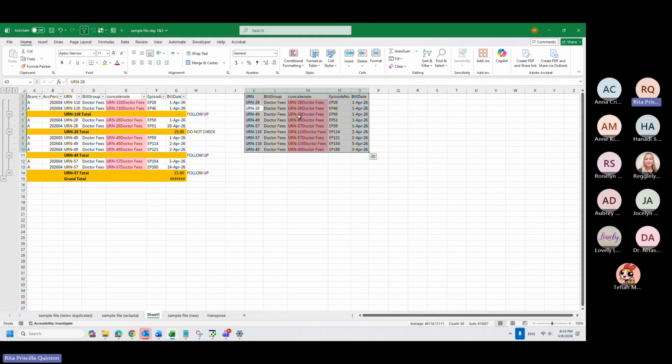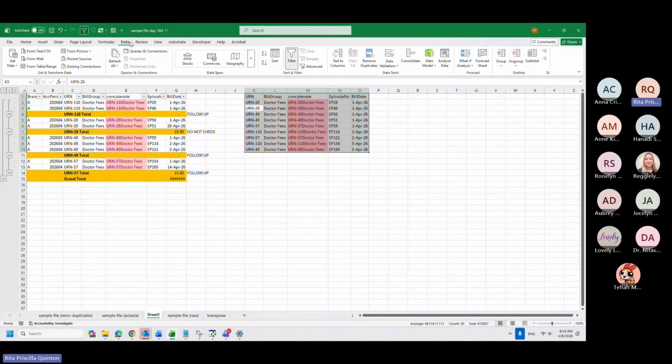Okay, how did we do it again? Select your data, go to data, press subtotal. Okay, yes. The issue here, you see 57, 110, 57, 110, and 49 is over here.